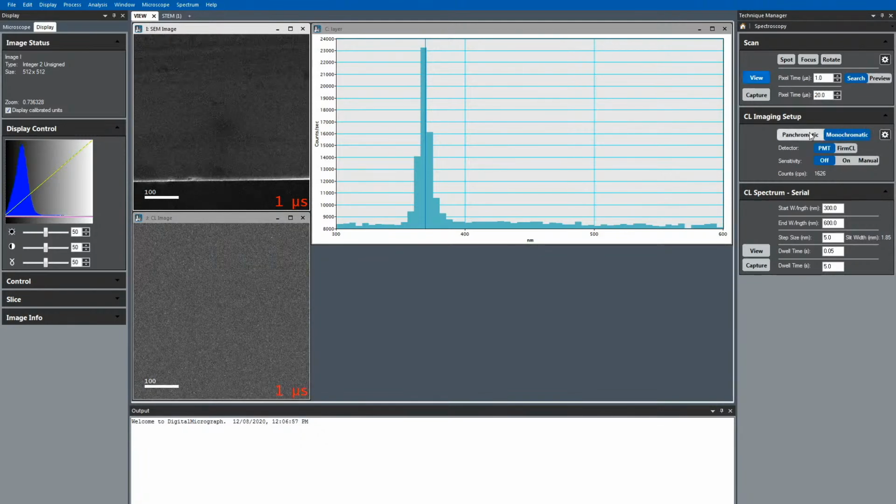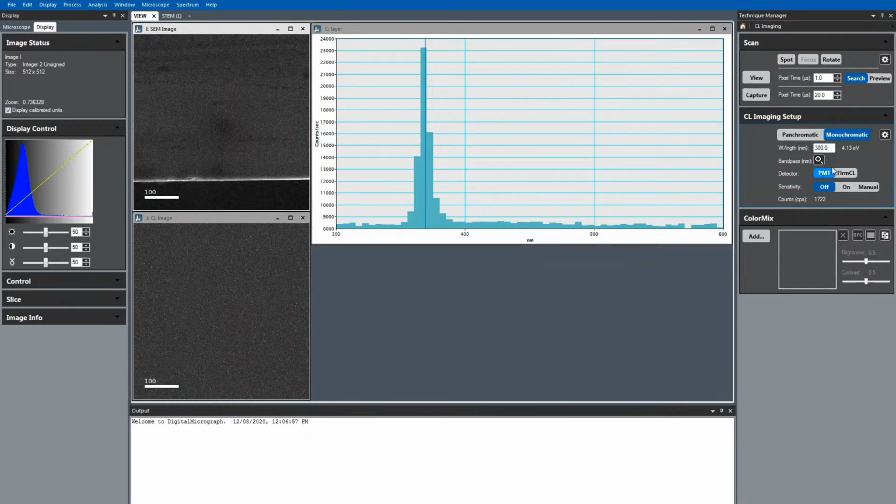So that you're aware, CL imaging setup. Let's see, we want to go to CL imaging. Here's where we can tune the diffraction grating to a specific wavelength. And then when we capture the image, we now see a kind of bright image here, brighter than it was. So we're imaging at 365 nanometer only. Because of our slit width, we're collecting a 5 nanometer